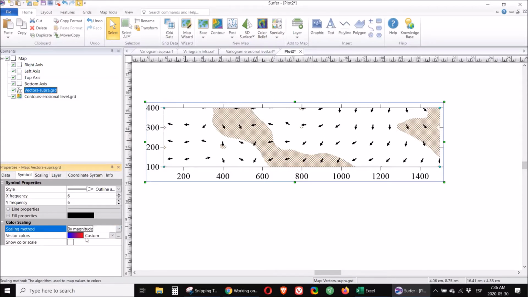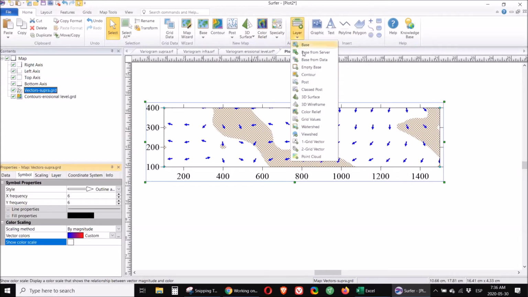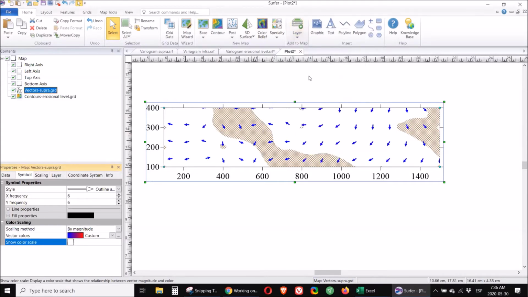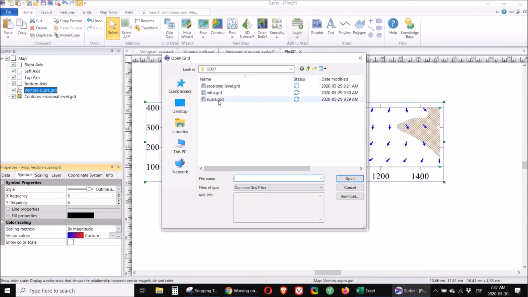And we use the rainbow. We could use a color scale, but we're not going to put it. But what is clear here is that the ore bodies seem to be dipping in an east-west direction or northeast-southwest direction in general. If we put on top of this map the contour map for the supra, for example,